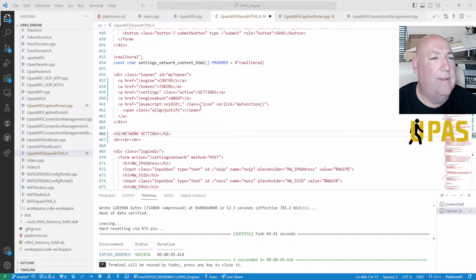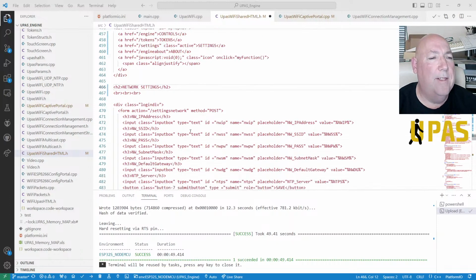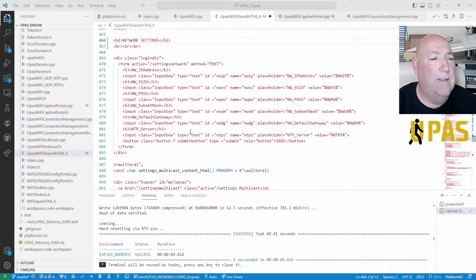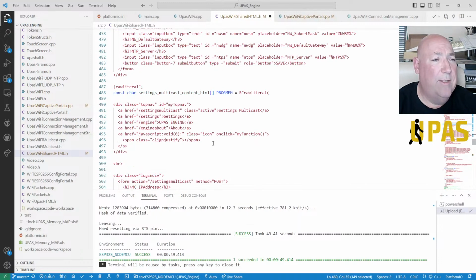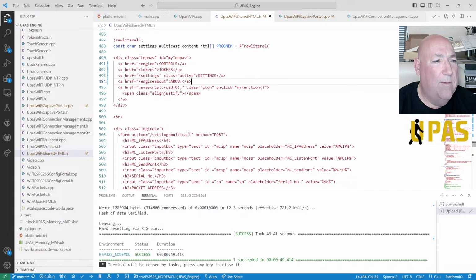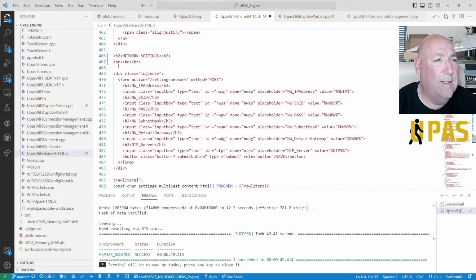So we've got our network settings, right? That's good. Now we need to copy that again. We need to go down to multicast settings, so we can change that there out. Right, so we're still active class on settings, but we're on multicast settings now.